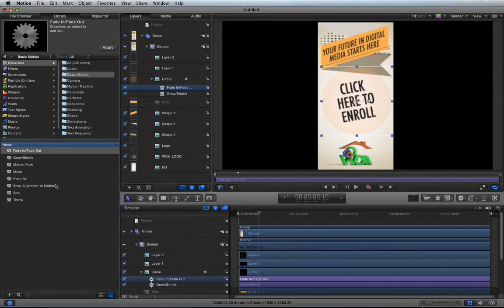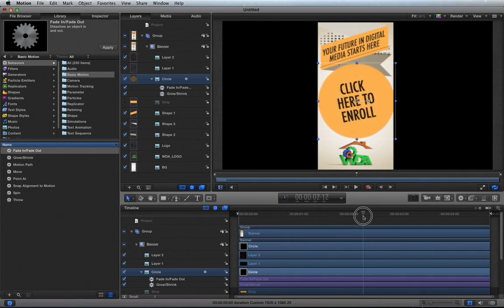Now for just fun, let's actually create our own object here. So we have a circle, and as you can see, if I click and drag my playhead, I can move it along here. And let's just say I don't want it to be a circle, I want it to be maybe a different shape. Well, let's start getting into the toolbar, and this is the toolbar right along here. And there's lots of tools. We're not going to go over almost any of them today except for one, and that's this one right here,